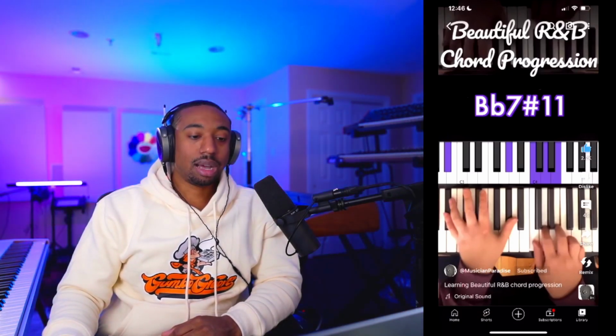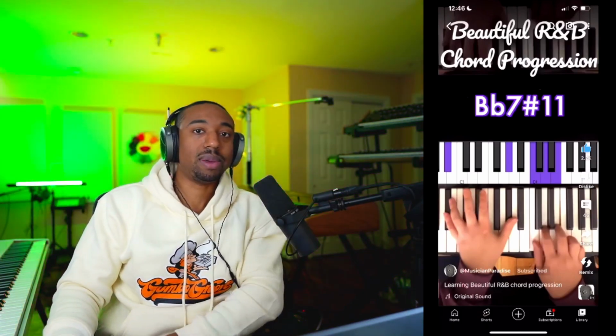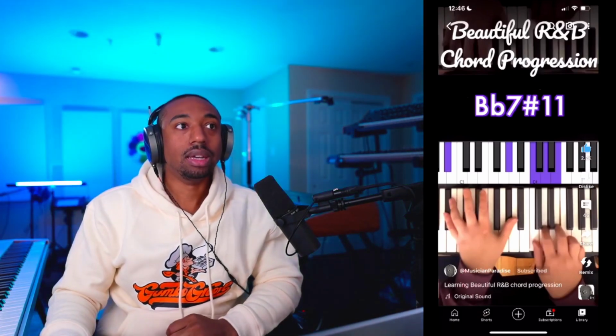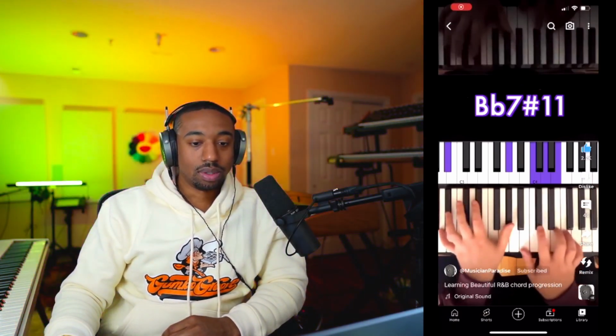Okay, so here we have the B flat 7 chord. So you'll notice a lot of 7th chords in R&B. And then we add this melodic note. I think the 11th is more of a melodic note. So when we say sharp 11, really to me, that's the melody note over top of a B flat 7th chord. Now this is a dominant 7th chord. So that's why I'm calling it an altered chord, because it's not major or minor. And now I didn't map out the notes, so I'm assuming he's naming this chord right. But whenever you see the C and then 7, it's a dominant 7th chord. It's not a major or a minor chord. It's actually both combined, but that's a different conversation. So when you see the sharp 11, sharp 9, that's talking about the melodic note.